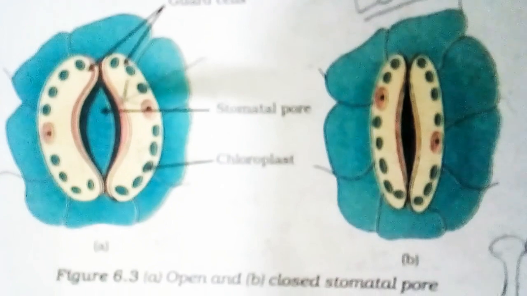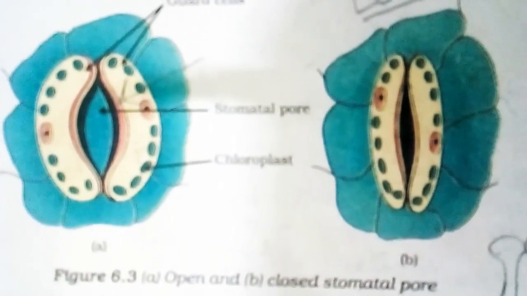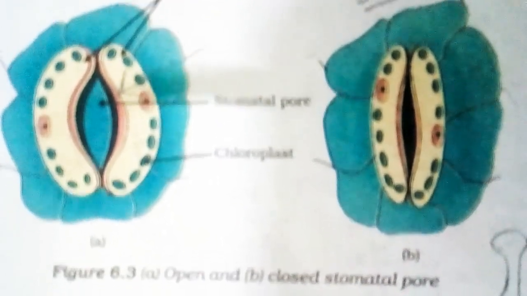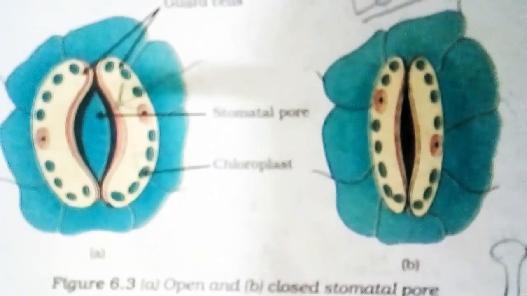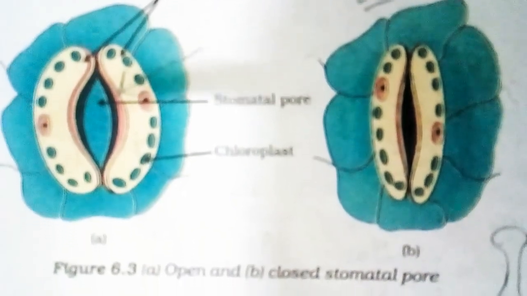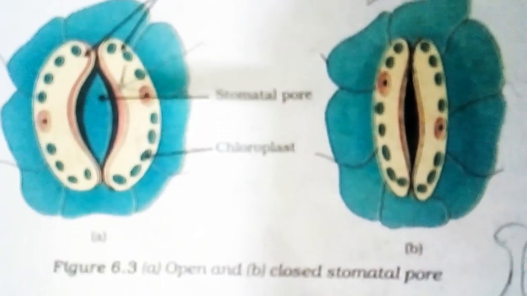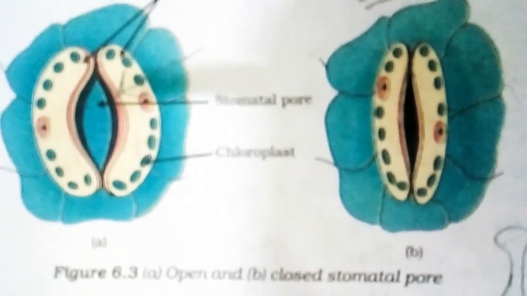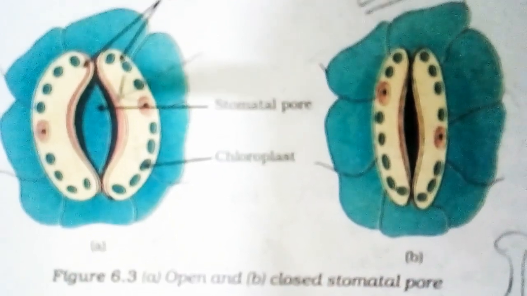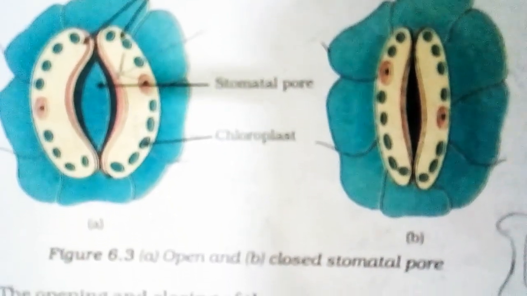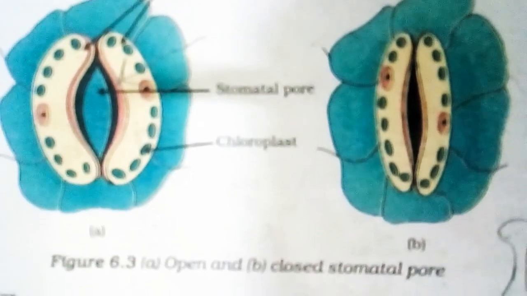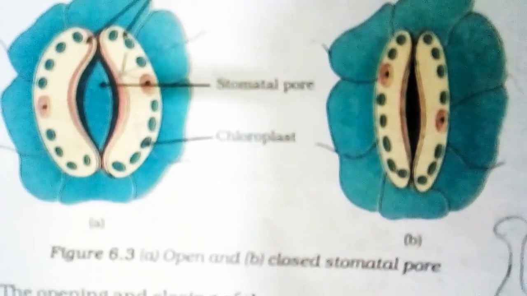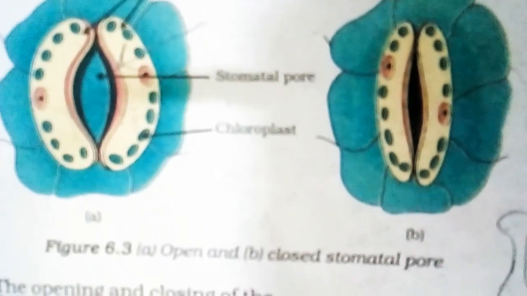But side by side, the stomata on the upper surface of the leaf receive direct sunlight from the sun, and this sunlight makes extra water escape from the plant. So this is a loss for the plant. So as to reduce the loss, the stomata are present on the lower side of the leaf. Maximum stomata are present on the lower side of the leaf, not on the upper side. Fine. So that's why nature has made the stomata maximum on the lower side and not on the upper side.